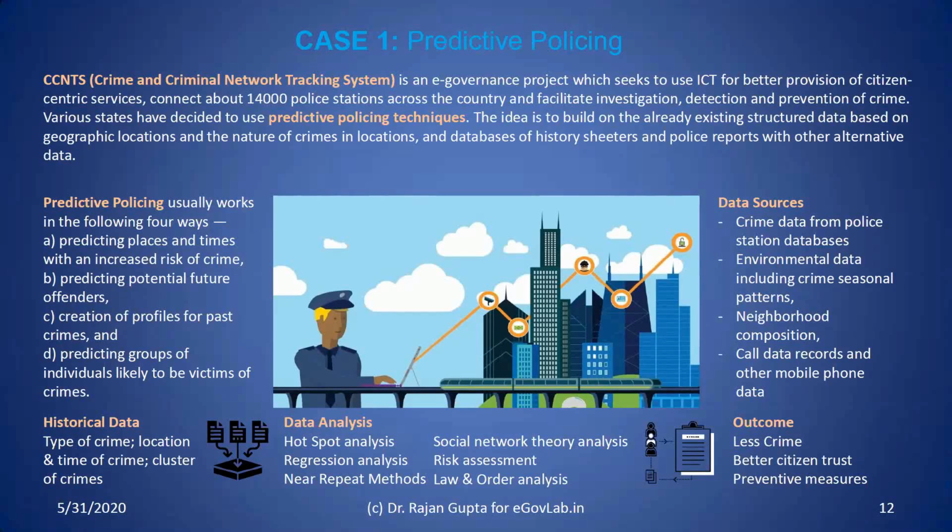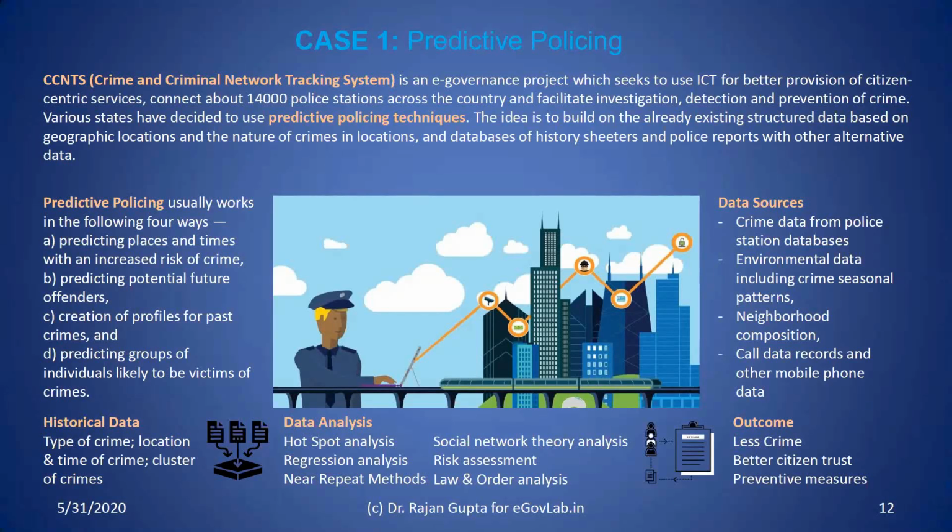Now, with respect to these kinds of data sources, they are trying to predict the place and time of crime, which have an increased risk of crime, and to predict potential future offenders. So given the characteristics of a particular person, they are trying to use models to predict whether they are future offenders or not. This sounds hypothetical, but with respect to the suspect list, police are continuously watching a few people who are involved in certain levels of crime. And with respect to data science, they are getting help in taking those decisions.